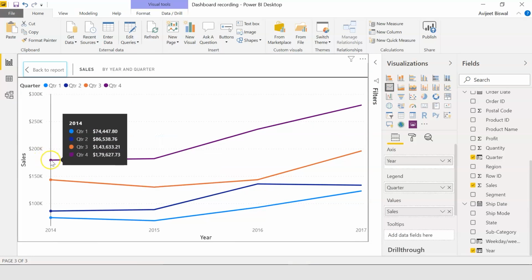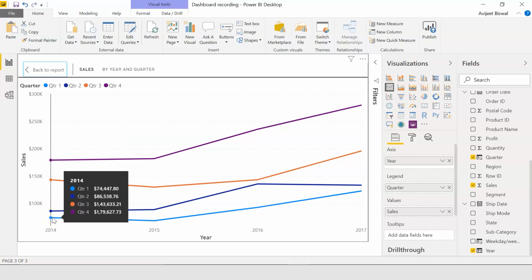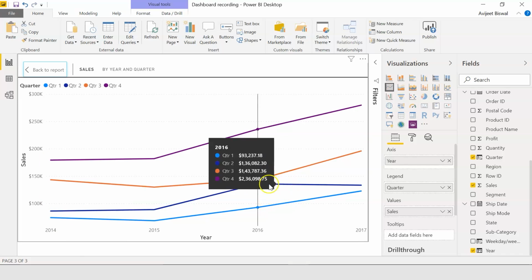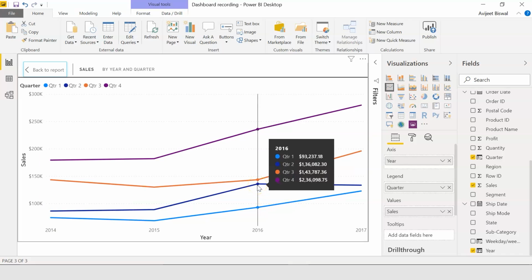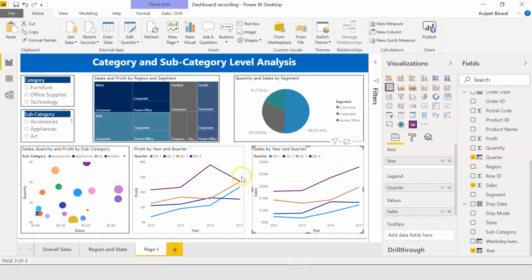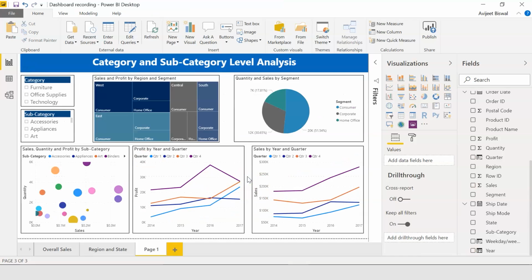Now if you see for 2014, again quarter 4 made the highest amount of sales and quarter 1 in 2014 made the lowest. If you see for 2016, also quarter 4 made the highest amount of sales and quarter 1 made the lowest. We'll go back. So our final report is ready, where we analyzed the sales, quantity sold, the profit at category